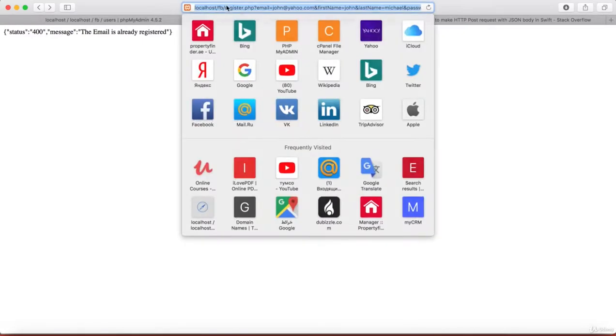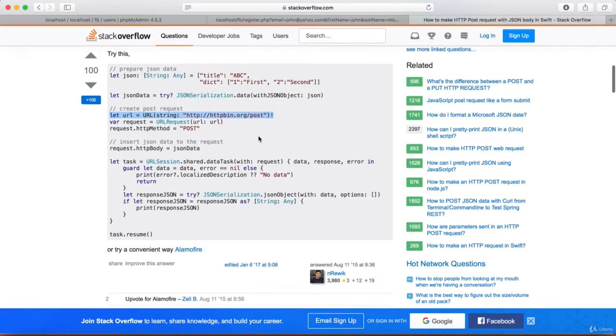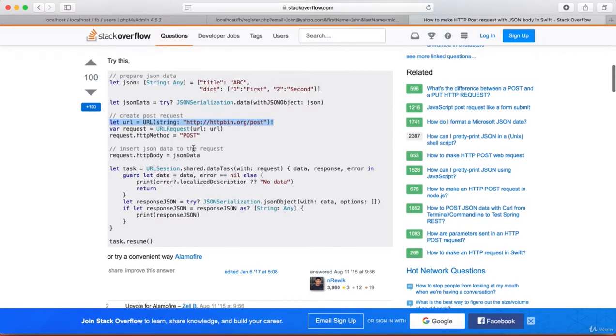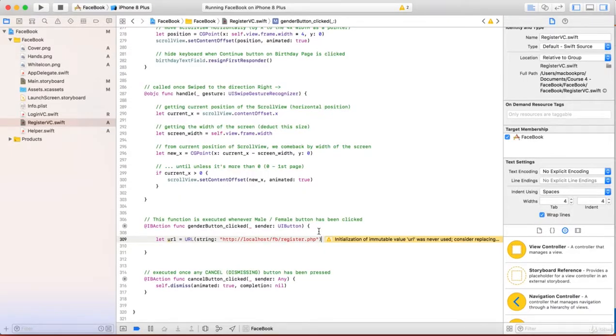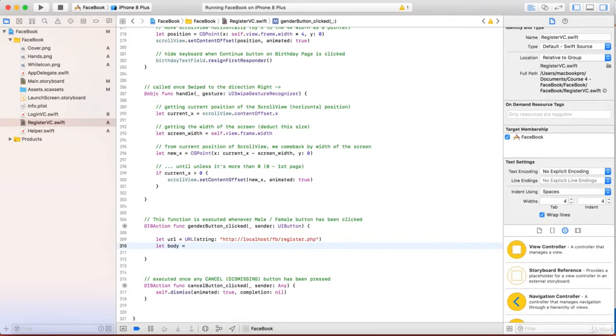Okay, so what we want to do more is append this part of the string. We now want to send email, first name, last name, password, gender, birthday, etc. So how to do this? Let's come back here. Here we go. They have declared this JSON string, then they attach it to the HTTP body. We will do something similar to that. What we can do is declare let body equals to